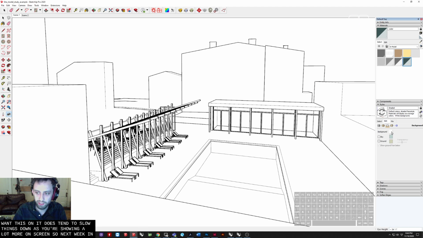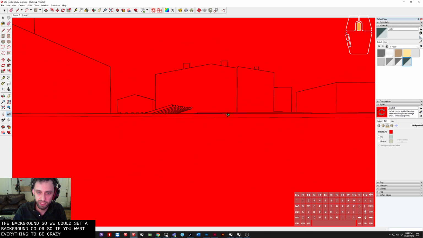So next we have the background. So we could set a background color. So if we want everything to be crazy red, you can see here,